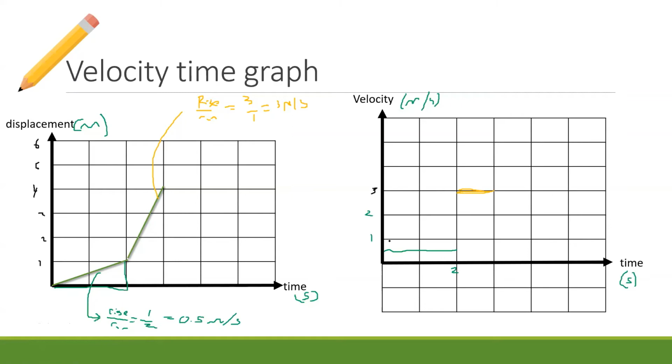Now understand that the graph is not joined. And the reason the graph isn't joined, and you guys might be like, oh, can you do that? You actually can do that. The reason the graph isn't joined, though, is because we're assuming that you instantaneously change your speed at this point. And I'll talk about what that means and why that's impossible. You can't instantaneously change your speed. You can't go from 0.5 meters per second to 3 meters per second in 0 time. It's just not possible. But at the moment, we're going to ignore that because we need to draw a new line. I'd like you to draw this line here.